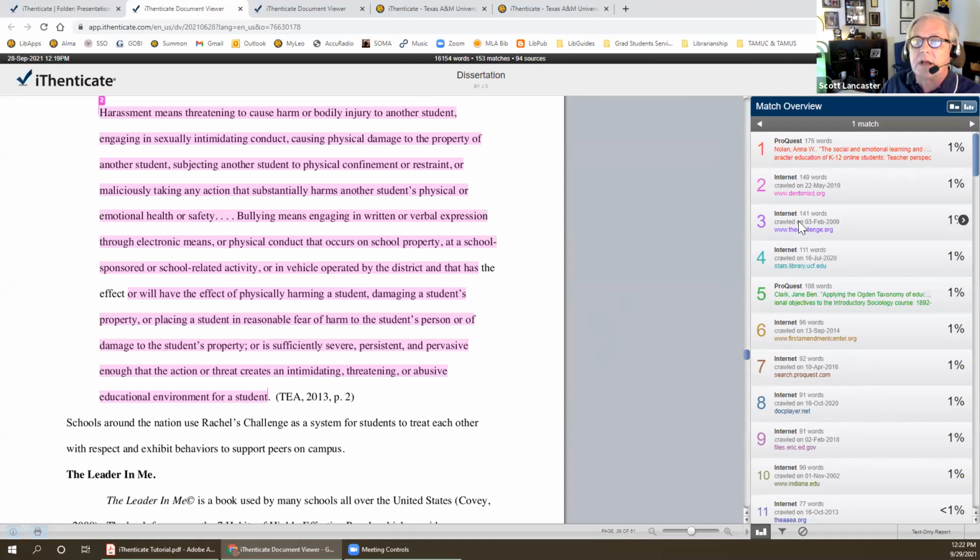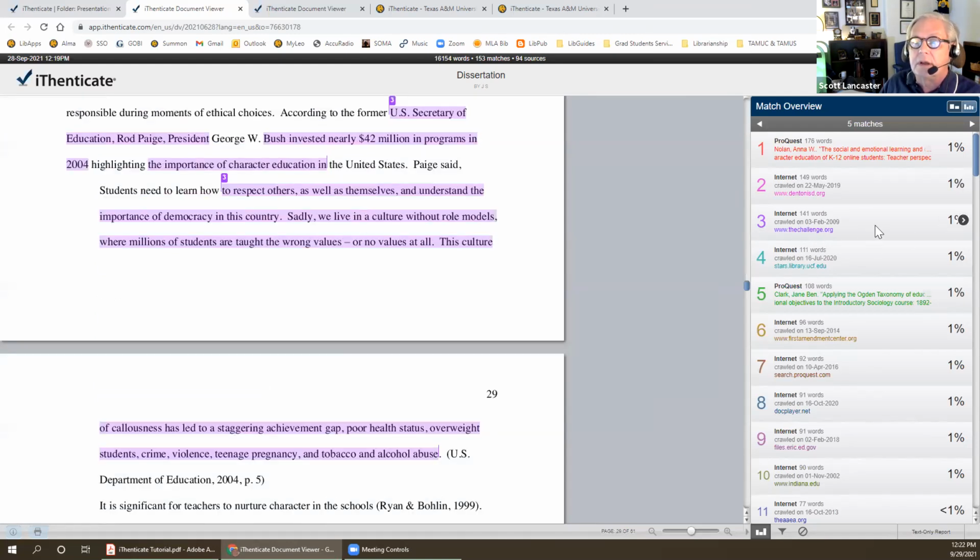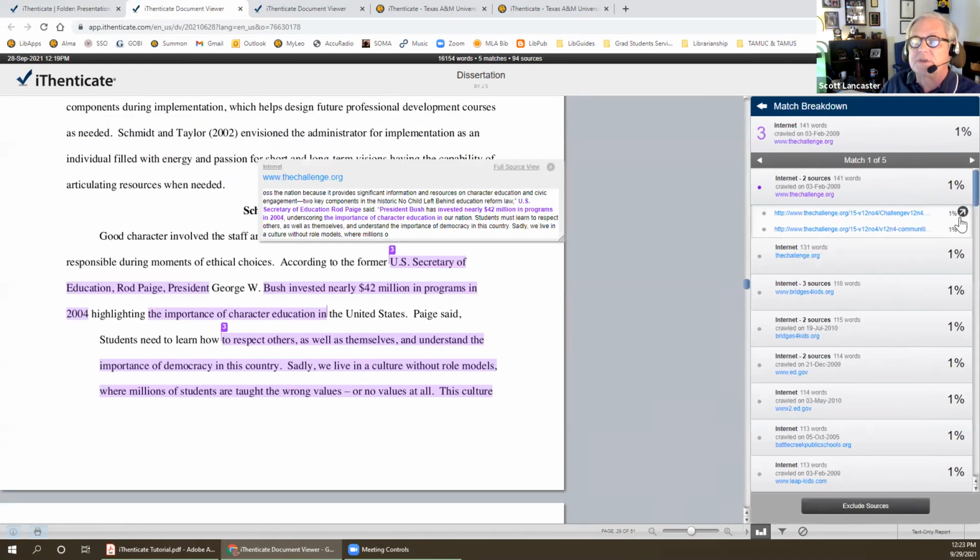And then I wanted to go to number 3 to show you. If I click on the arrow here, it will show me the sources that this is coming from, because sometimes it finds it in more than one source because it's been quoted by somebody else. But this also shows match 1 of 5, which means there are 5 areas that have been matched to this one document.